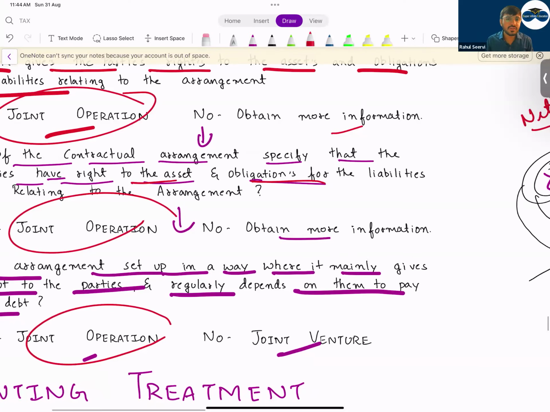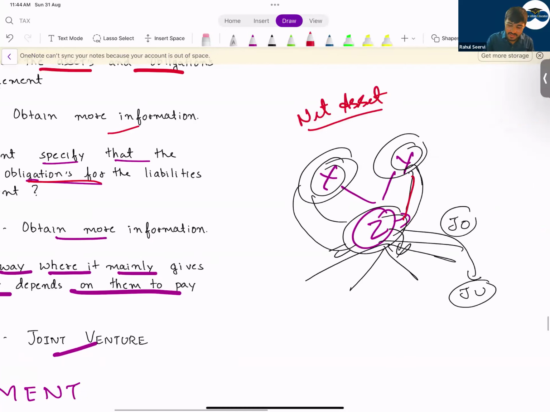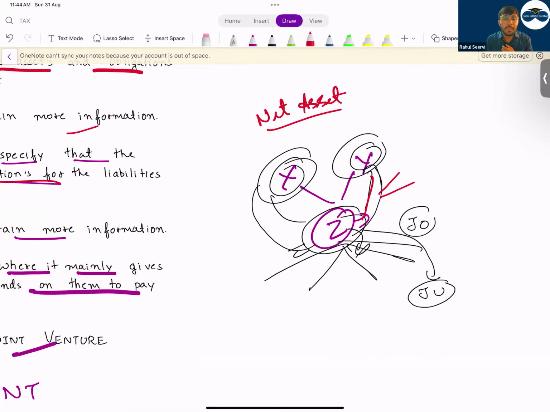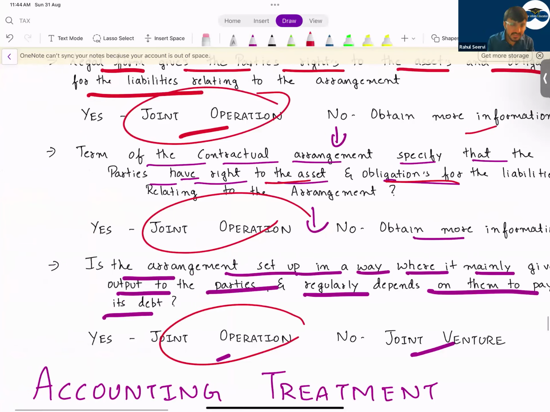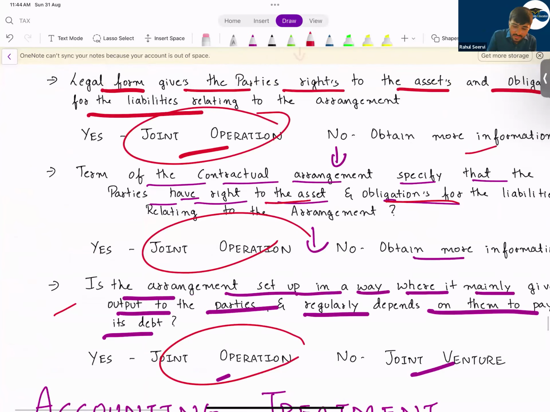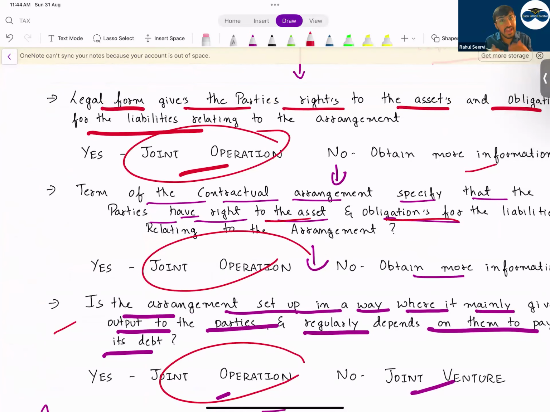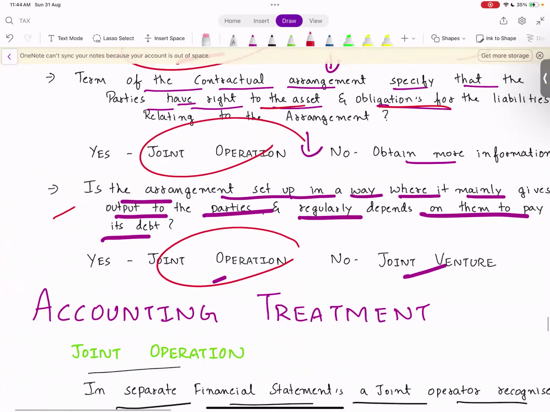If it is net asset, we already know what it means. And they mentioned that two or three parties have this. In the practical world it is easy to identify. But in the question, if they just mention net asset, you have to take it as a joint venture. In your exam question you have to see two things only: joint venture, separate vehicle, net asset, say it, no issues. But the third one is when it is confusing. If it's confusing, like we have the right to the asset and liability and an entity is created, then we follow these three points.